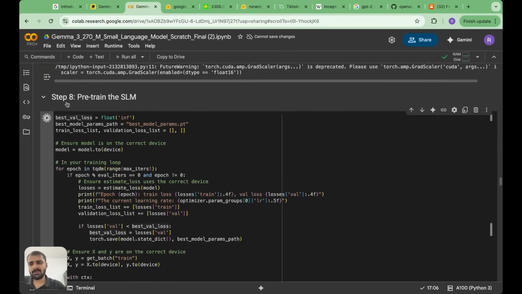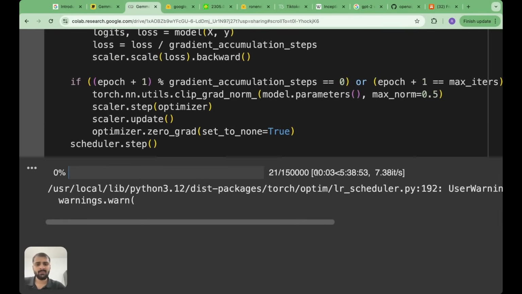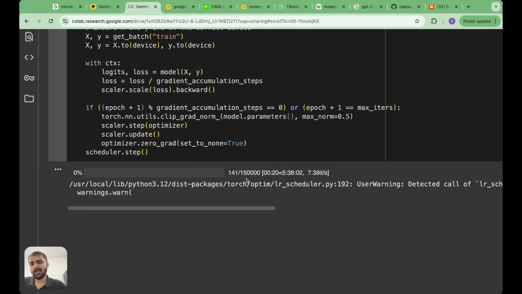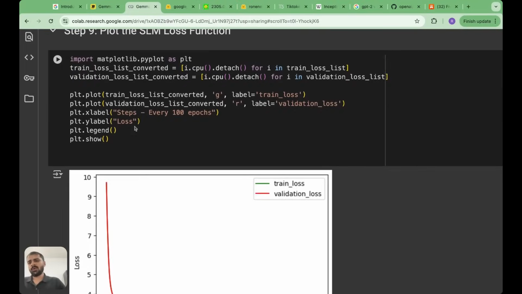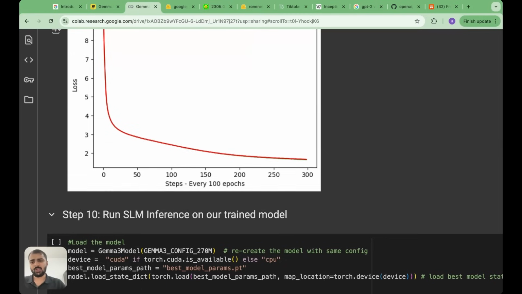Let me show you some live training over here. You see the training has started for me, and I'm doing 150,000 iterations. On my A100 GPU, it's around 7 iterations per second. With this rate, it's showing 6 hours, but it always takes more than that. You can assume 7 to 8 hours for this many iterations, right? Now, once your pre-training is done and your training loss and validation loss have decreased,